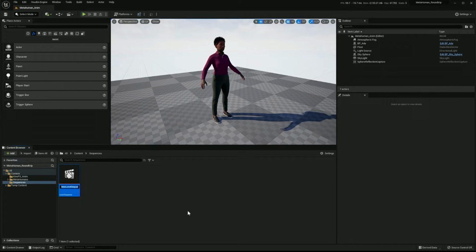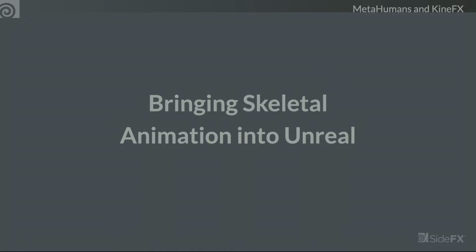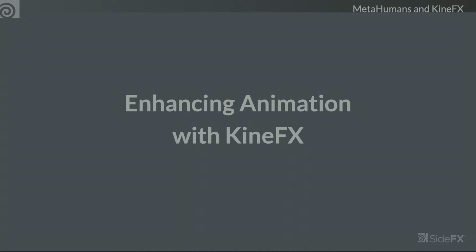And then we're going to go inside that level sequence and we're going to add Ada to it. I don't know why this is not working. Let's try that one more time. No. All right, I'm just going to sit on this one for a second